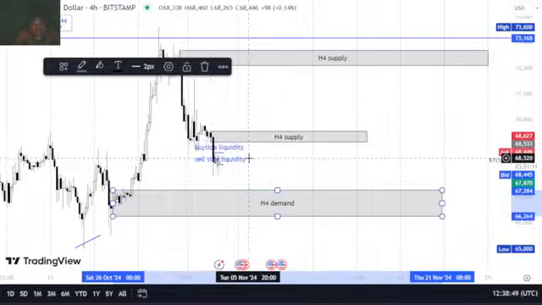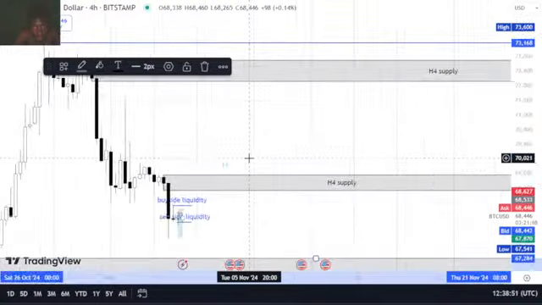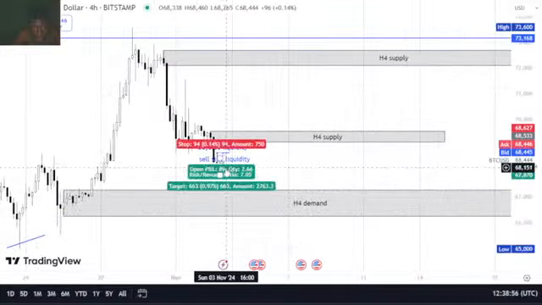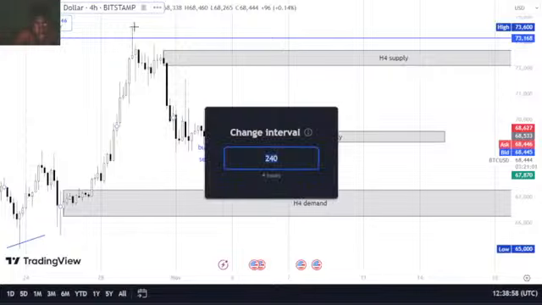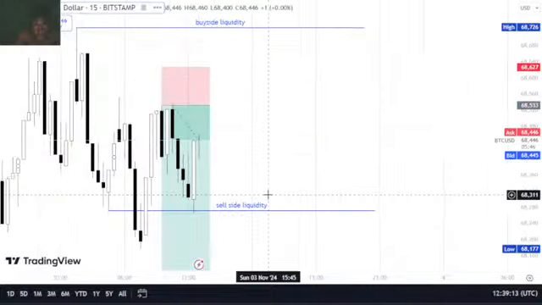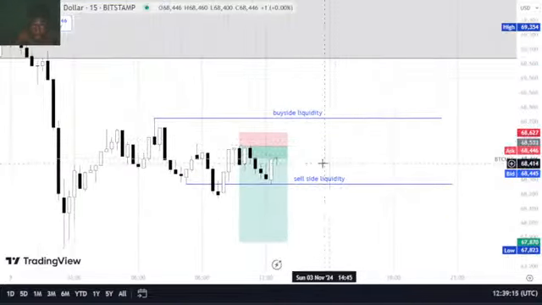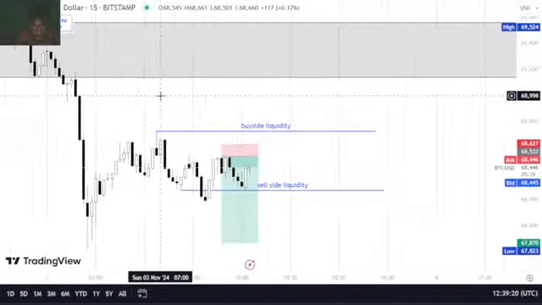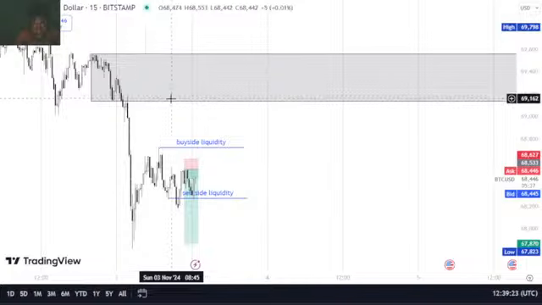But right now we are just on a ground break of trying to do something with time. So let's go to 15 minutes. Yes, 15 minutes. As you can see, price is trying its best to go up because supply is in control, and the supply is very strong at this point.